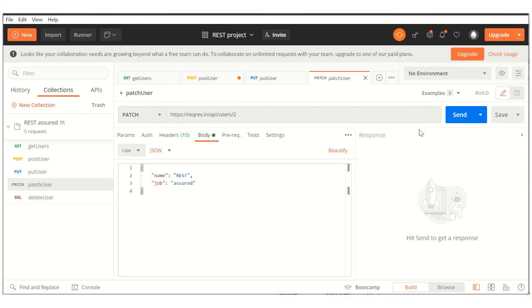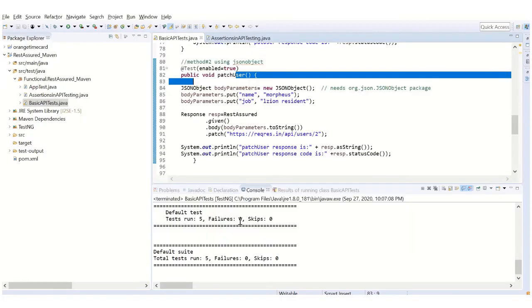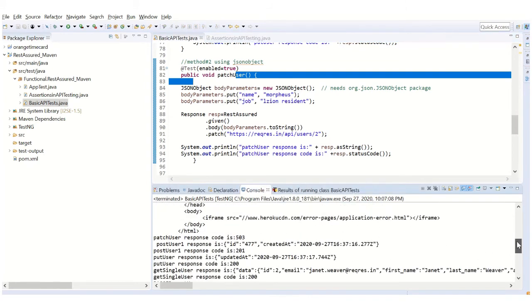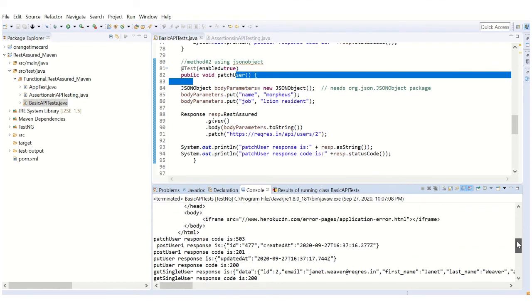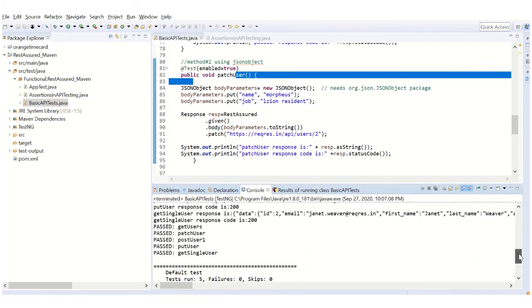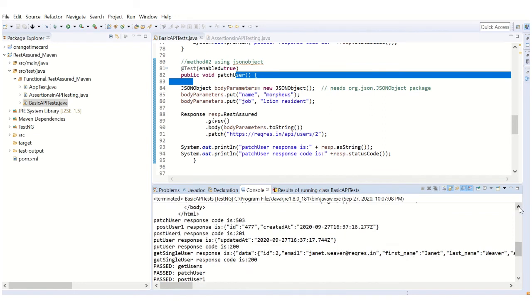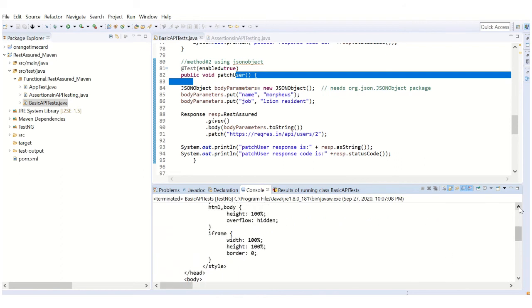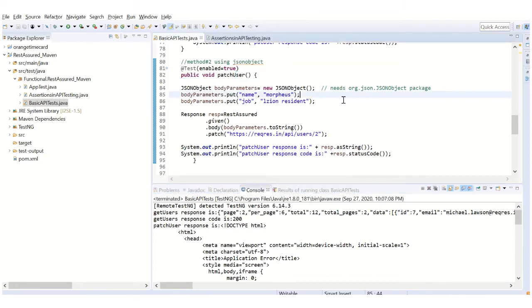Now let's run the patch here as well. So it has updated at a certain time. Now we will see, okay, all are passed. We will see... patch user has failed, for some reason. Okay, now let's run it again.